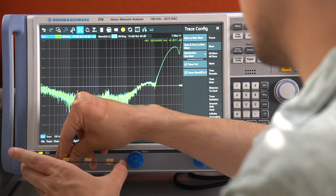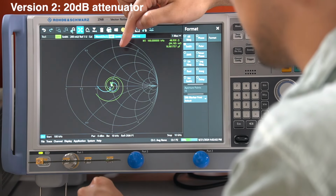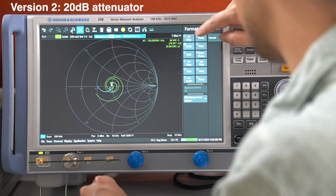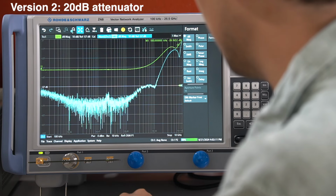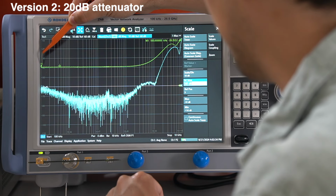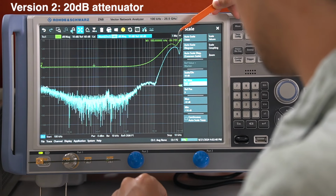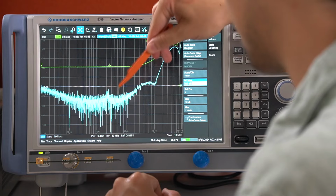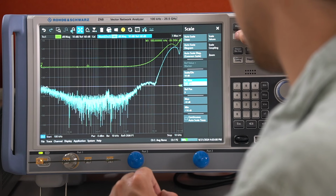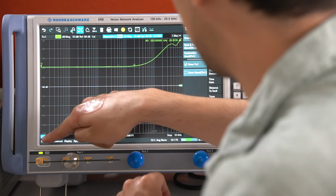And now let's compare it to the 20 decibels attenuator. So now first let's check the Smith chart. Blue are the 2 resistors and green is the attenuator. Now switch to the magnitude representation, and as expected, our attenuator shows really a flat response of minus 40 decibels. But again, at 1 gigahertz, it gets worse. So in this case, the 2 resistors work better than the single attenuator. But let's just continue with the attenuator for now and kick out the previous trace and store the actual trace